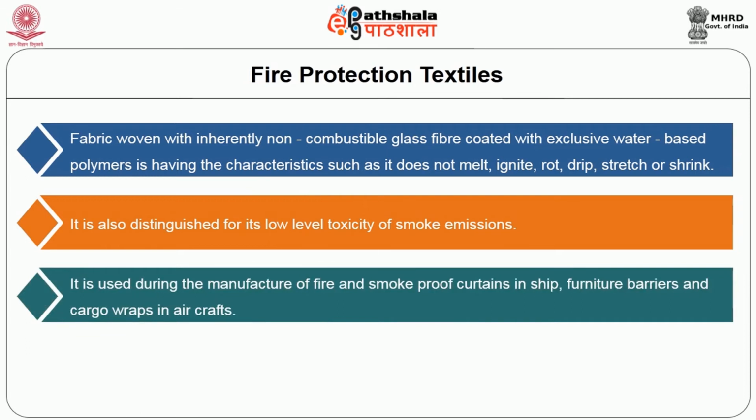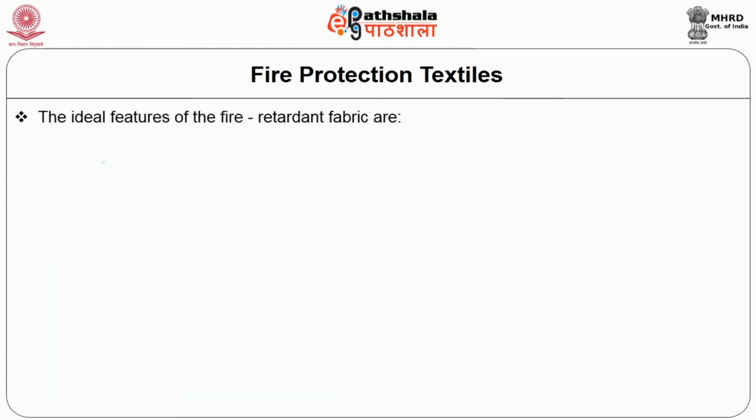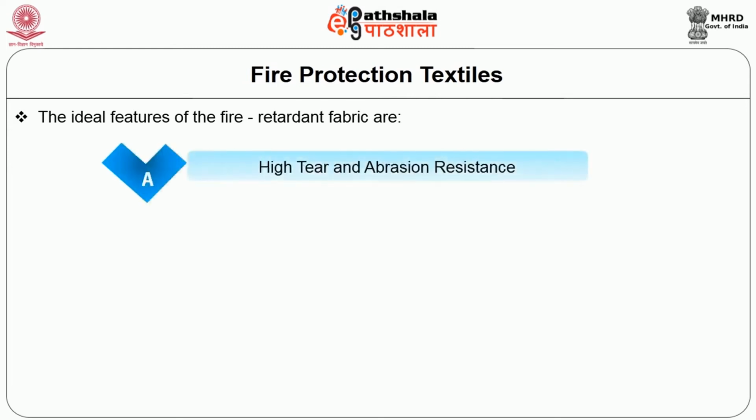Hence, it is used in the manufacturing of fire and smoke-proof curtains in ships, furniture barriers and cargo wrap in aircraft. Aramids, modacrylic and polyamides are the other fire retardant fabrics. The ideal features for fire retardant fabrics are